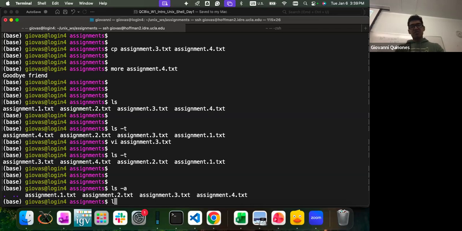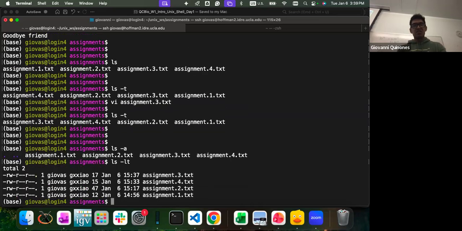Now, we can do something like ls -lt. Now, this listing gives you a lot more information. It gives you 1 file per row. It gives you the modification times. So here you have January 6th and the date that we modify these files. In my case, I have my username followed by my group, my Hoffman group.